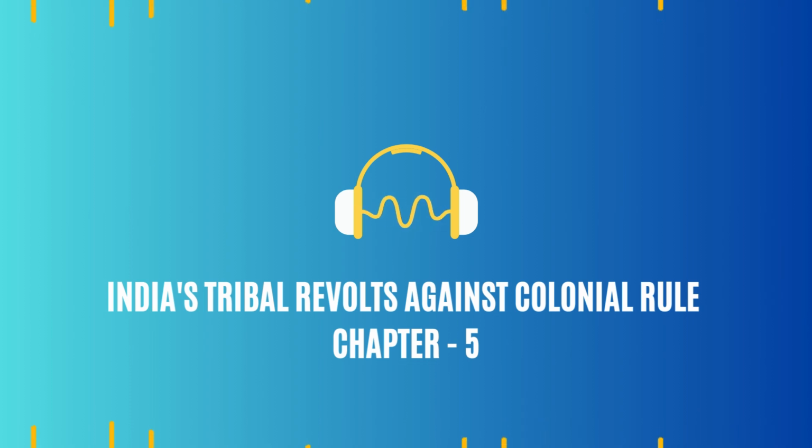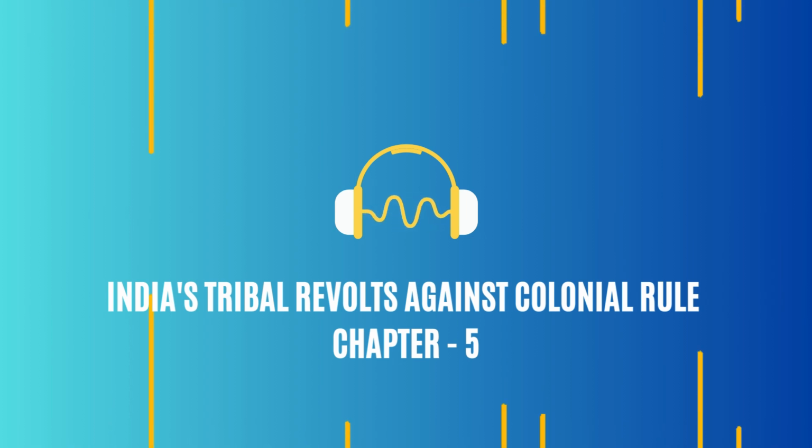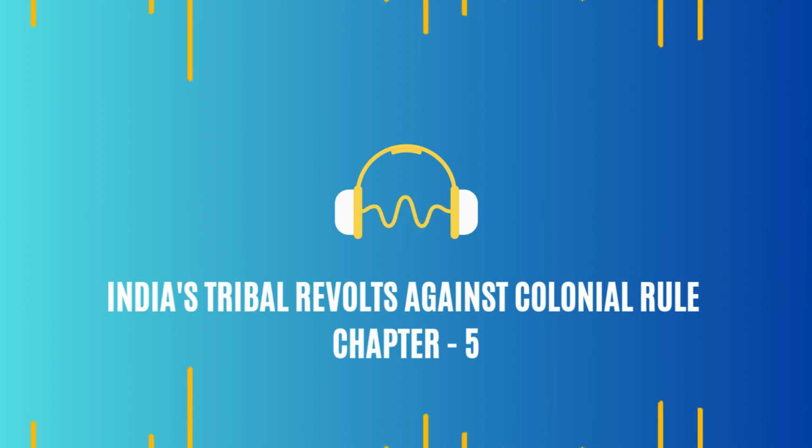It is. And the Kols, known for their fierce independence, rose up in revolt. The Kol Uprising was widespread and violent, targeting British officials, outsiders, and symbols of colonial authority. Striking at the heart of the system that oppressed them. How did the British respond? They sent in troops and launched a brutal campaign of suppression. The rebellion raged for over a year before it was finally crushed.